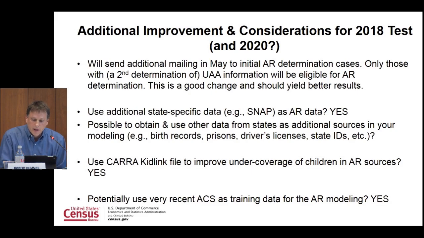Data-wise, though, I think your idea to go and try to use SNAP data, for example, is a really good one. And I wondered, there's not that much time, but I wonder if other kinds of state data would be especially effective, again, trying to get at areas in high % Hispanic neighborhoods. I think about Texas and California, and the kind of state data that might be very helpful. Birth records, driver's licenses, state IDs.